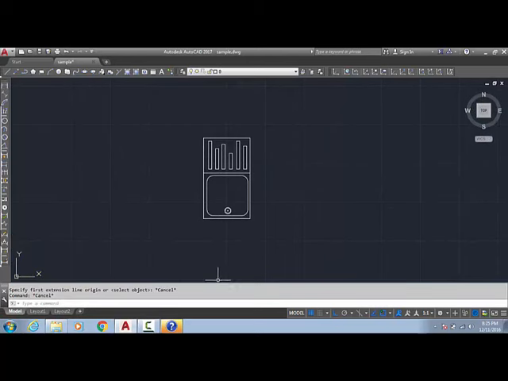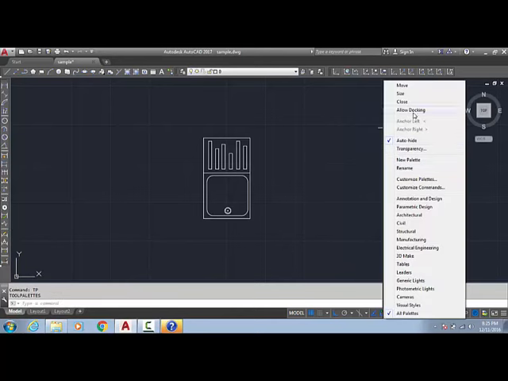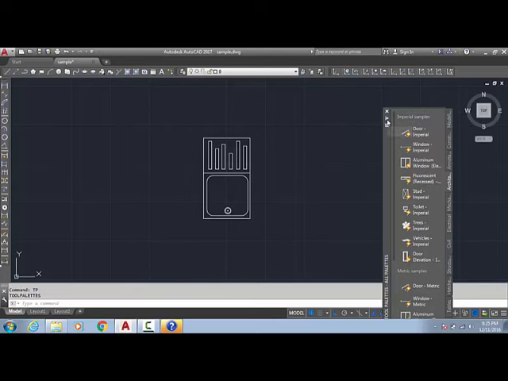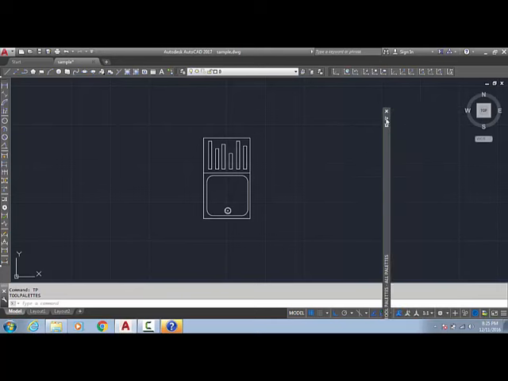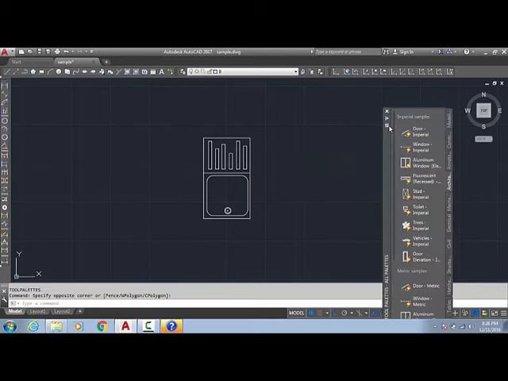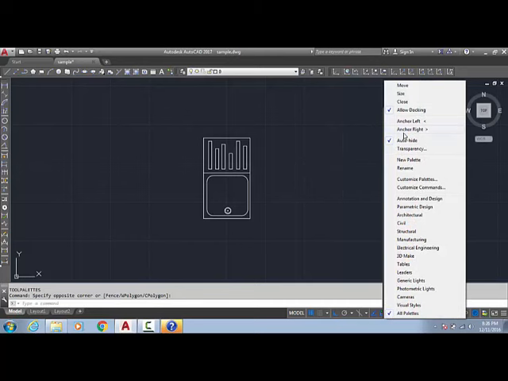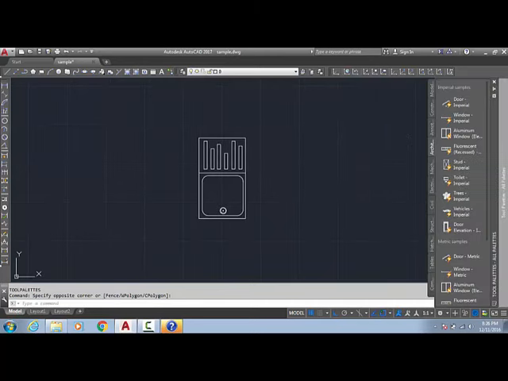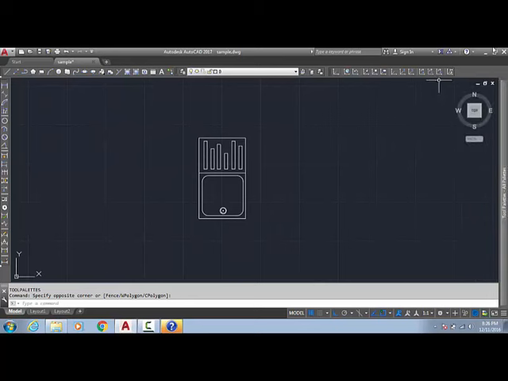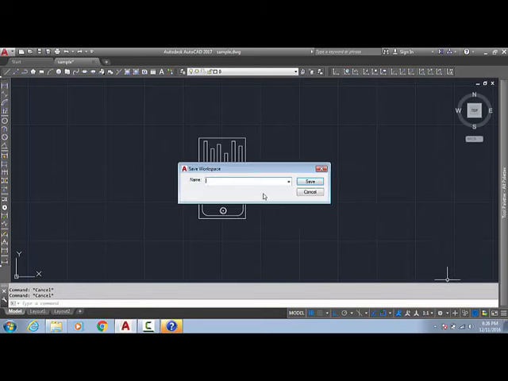Okay, I am going to the tool palette, TP, enter, select, allow docking, auto hide on. Okay, select anchor right. Here we got the tool palette. Again we could do the properties palette also, but it's not working. I don't know why.